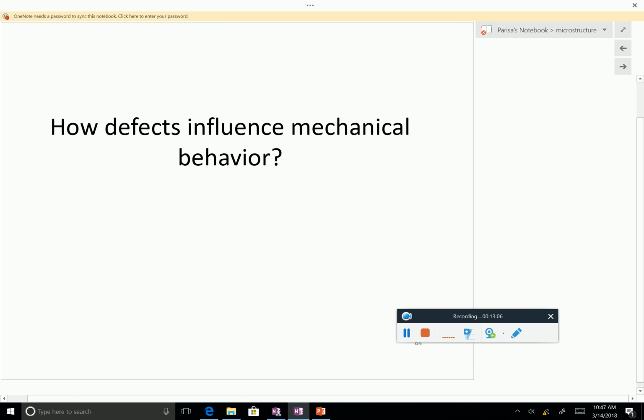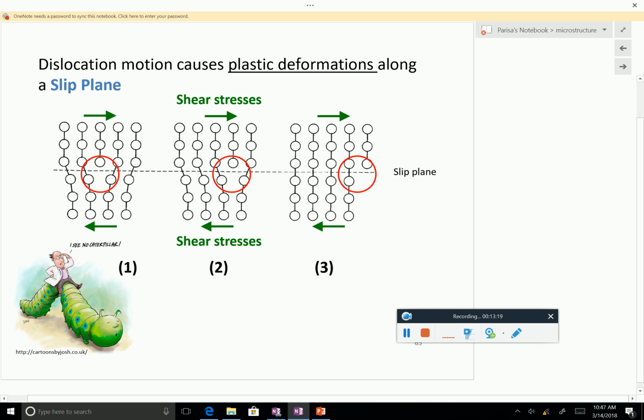And dislocations play a very, very big role there. Now, what happens if, for example, we have a dislocation? So again, the dislocation moves as you are applying shear, one plane at a time, but eventually you are going to go from here to here, where you can see that there is a displacement, there is a slip.